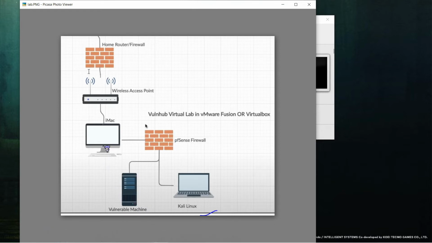So when you connect into a Mac, it just directly connects to this and directly connects to this in a NAT format. Both can access the internet, but they cannot access each other. So that's what we are looking for, right? That is the actual lab setup. So